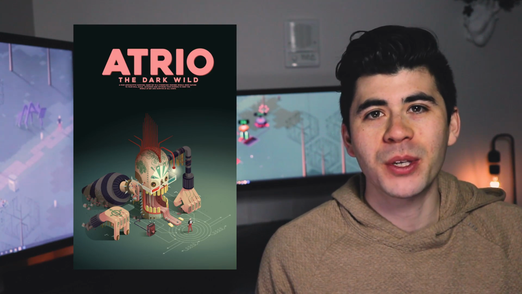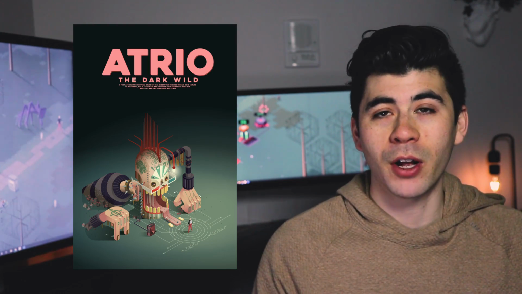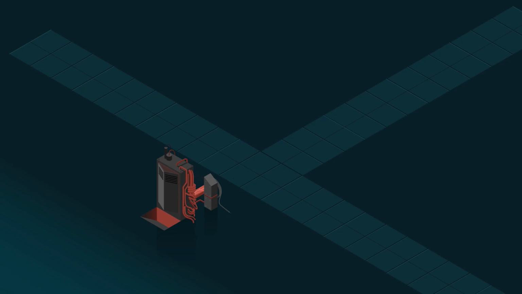Now that oyster video was the inspiration for our survival meets automation game, ATRIO. In this devlog, we're starting from the beginning of development in 2018 and working our way back up to now. So in September 2018, I discovered the oyster video and I'm inspired to plan out some creatures, and I end